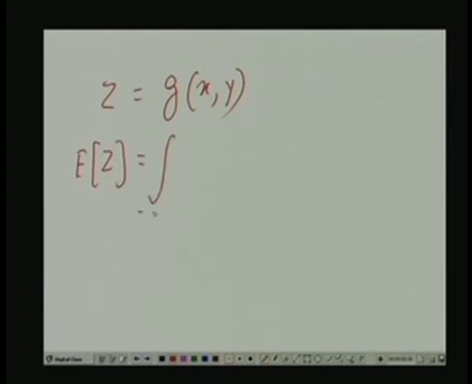So, we are given this, where g is a function of two random variables x and y. Then this will be nothing but